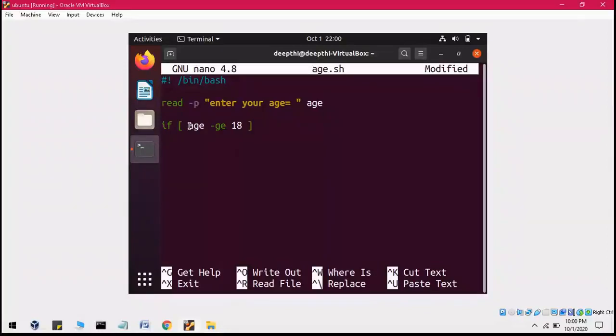So now again, I'm repeating it. One more thing is, whenever you are evaluating a variable, before the variable name, you have to write this dollar symbol. Again, what you have to do is use this if structure, then there should be a space between if and the starting square bracket, and then one space here, then the name of the variable, that is age, preceded by the dollar symbol, then space, then ge, an operator that is greater than or equal to, and it has to be preceded by this hyphen.